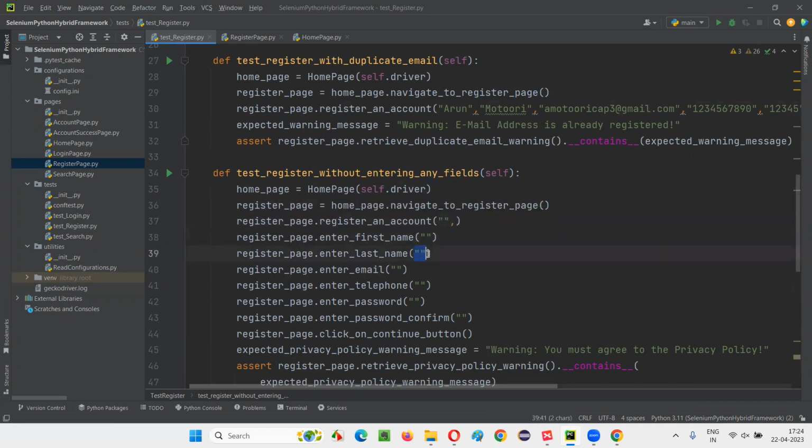this is the last name, empty. You are not going to enter any last name. Then you are not going to enter any email. You are not going to enter any telephone. Then you are not going to enter any password. You are not going to enter any confirm password or password confirm. Then